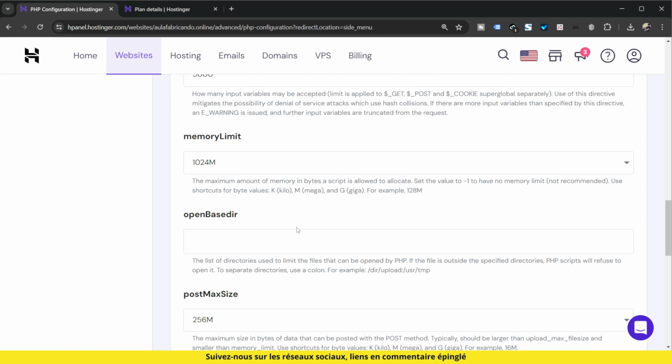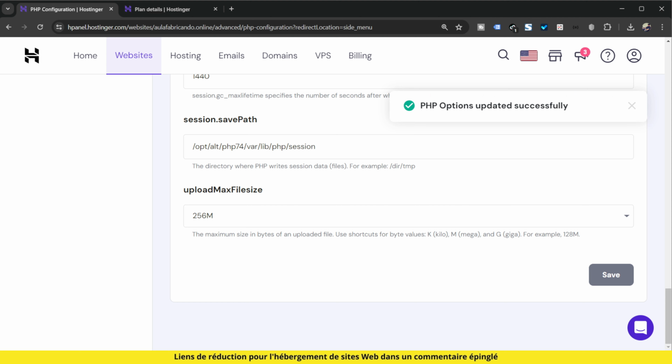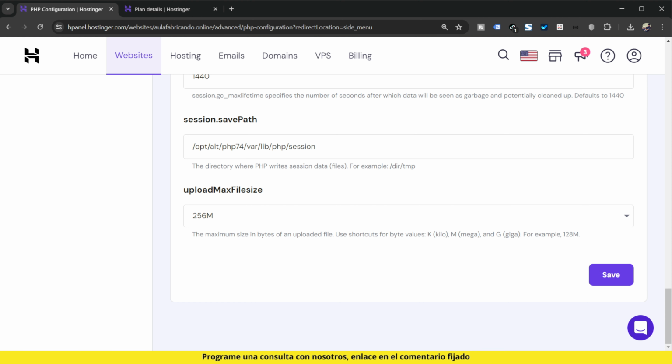Come down here. Save. And this step, after a few seconds, can completely change the performance of your website, including making several plugins that had stopped working due to excessive PHP memory usage, or not excessive, just the necessary usage, get them back up and running. So, check with your hosting company if your plan has memory values greater than 1 gigabyte, 1024 megabytes. Ideally, plans should have more than that because PHP is just one of the parts that will use